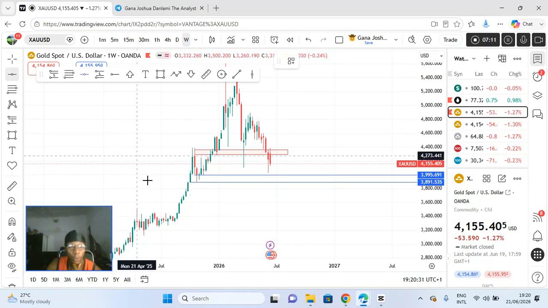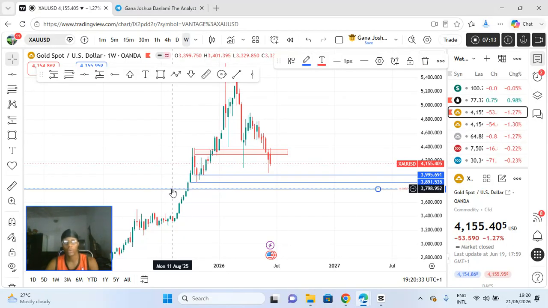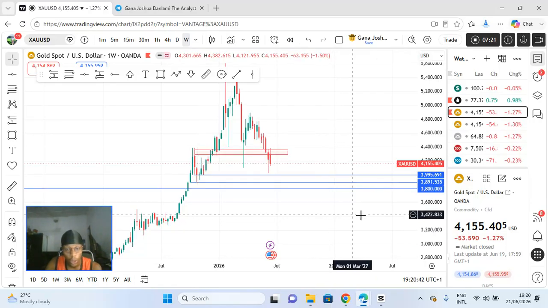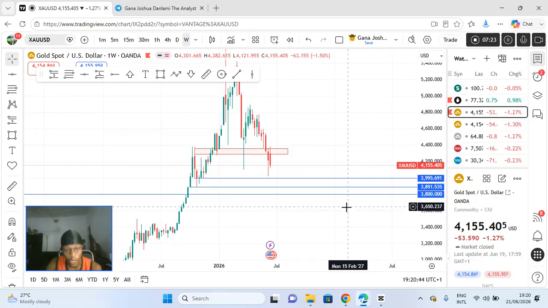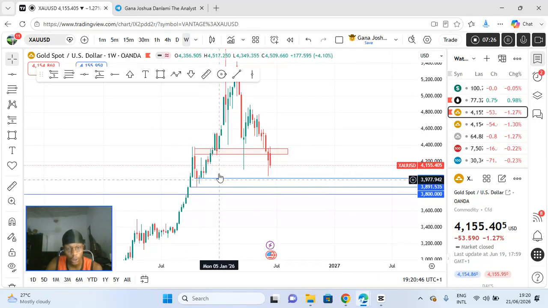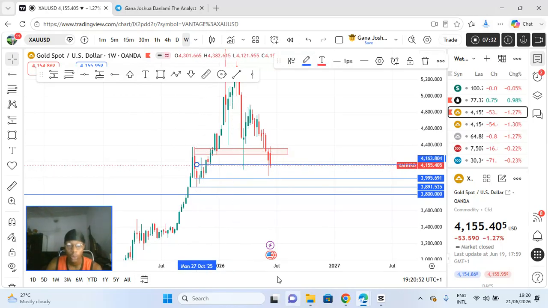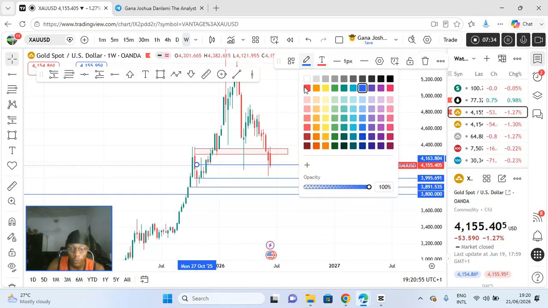So if I sum it up, the level of support that is looking credible right now is 3,800. So I'm seeing price coming to around the level of 3,800. Why? Because of this liquidity that price is coming to tap. It has tapped its liquidity. Mind you, we are on the weekly time frame. So let me change the colors. Wherever you see red,